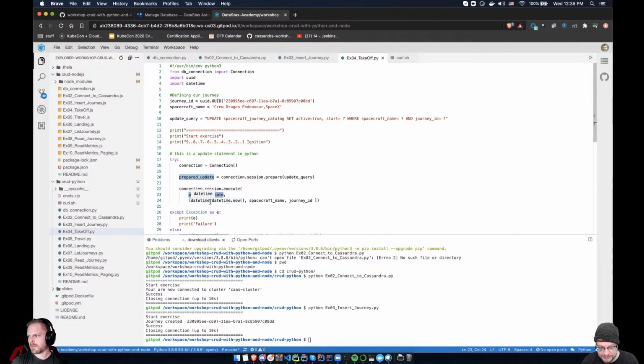So date time now, we're actually using the now function, which is a Python thing. Spacecraft name, which we've defined up here. We've got journey ID, which is a UUID, which we've defined statically here, but we could also have generated that as the unique journey ID, and we can use a UUID library to actually generate that. Okay, so I'm going to go ahead and run Python